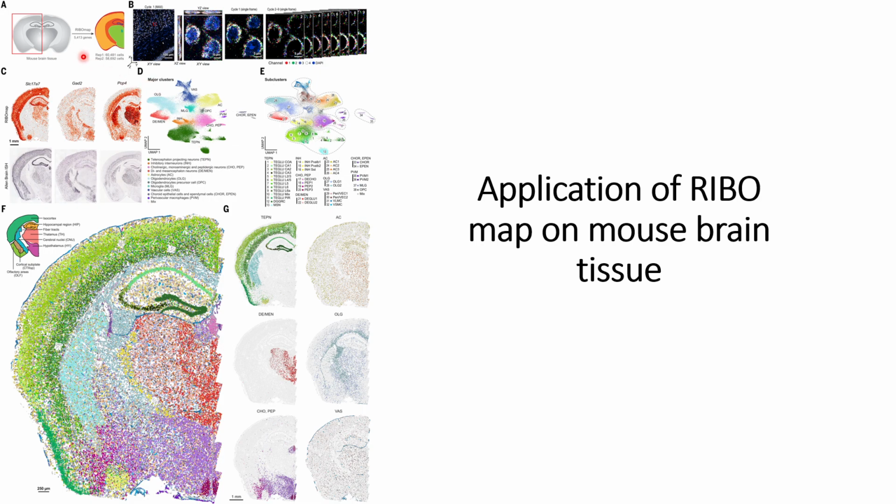So next, what they did is they analyzed the mouse brain with the help of RIBOmap, and compared it with the literature data presented in the Allen Brain ISH Institute. And they can see that RIBOmap is able to replicate the data that is available in the literature to a very great extent, and they did it for three different cases that are presented here, and they are almost similar to the data available in the